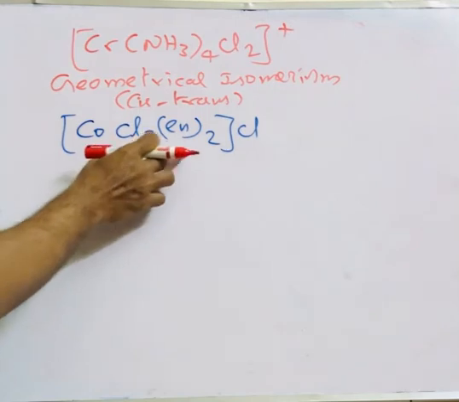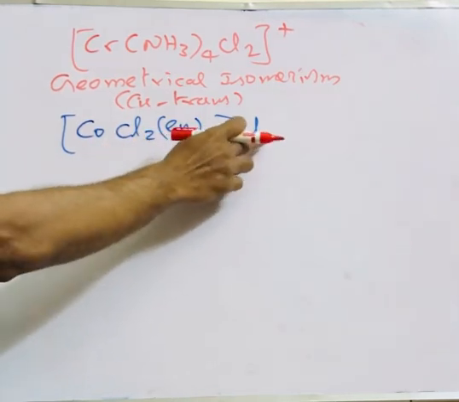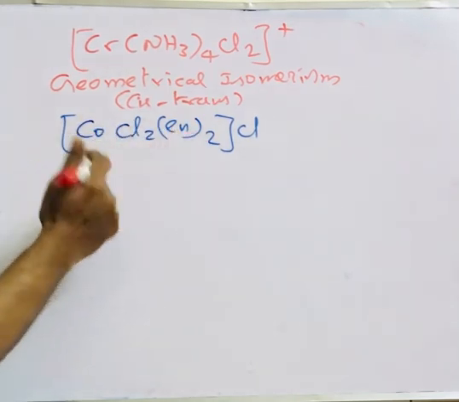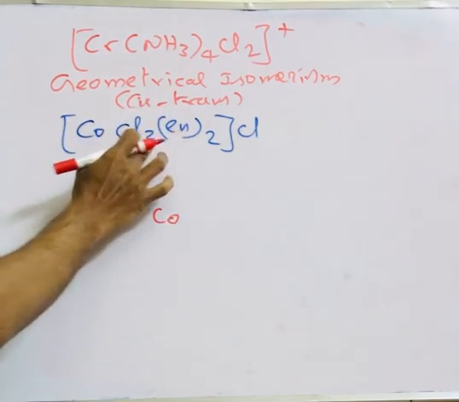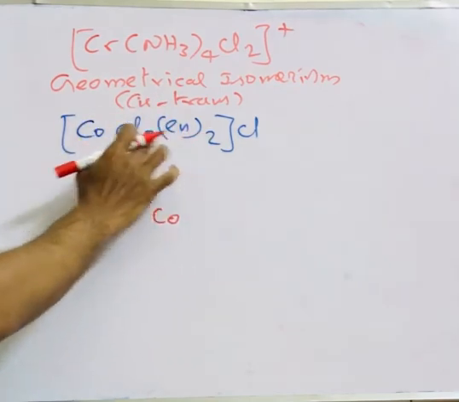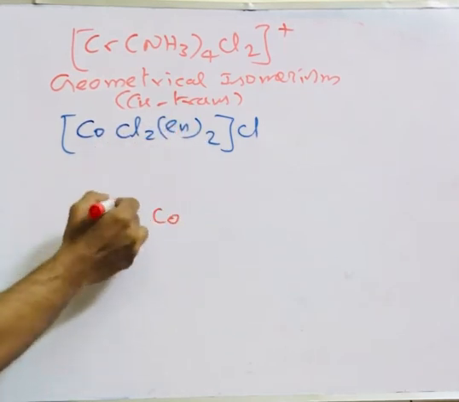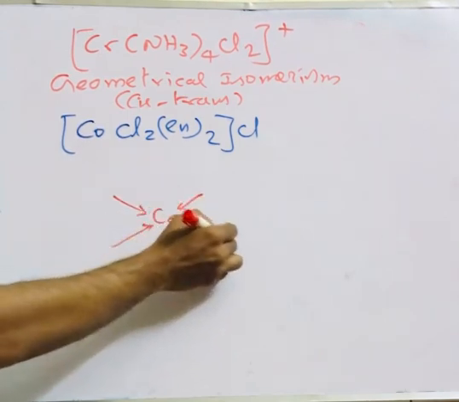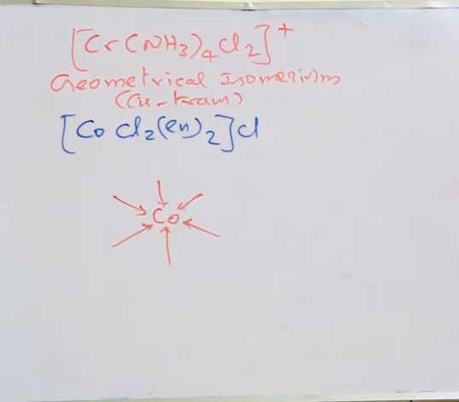Whenever you are writing, you need to consider only the coordination ion, that is the complex ion, but not the counter ion. Counter ion we can leave. So the complex ion here is cobalt. Generally it is hexadentate, total coordination number is 6: 2 into 2 is 4 plus 2, 6. You can first put this configuration for 6 coordinations. After that we need to find out where we can add these.